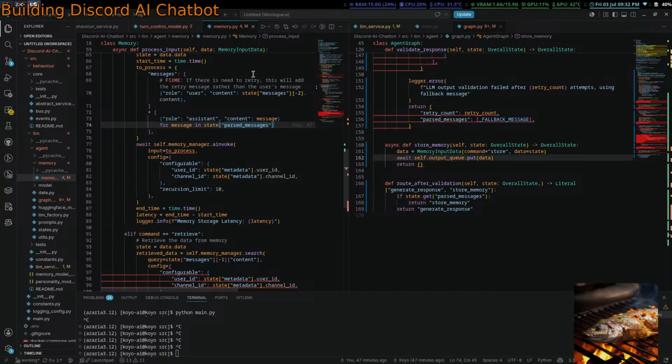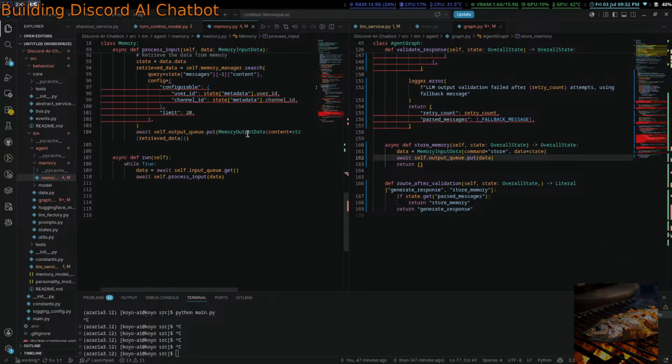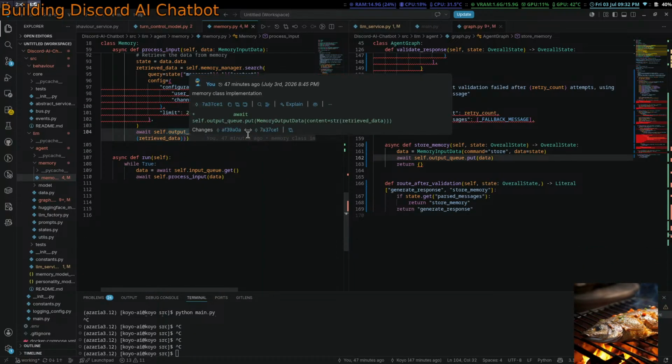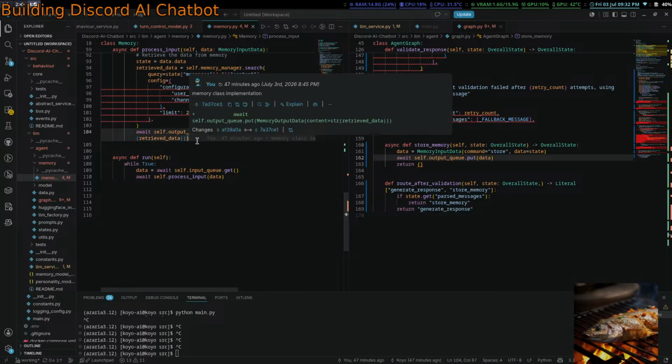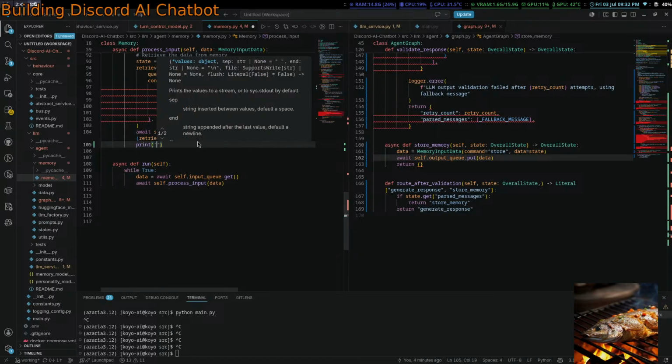Memory manager.ainfo. Okay, I assume it has to be this thing, right? Self.output_queue.put. Why is it this? And then we just print.